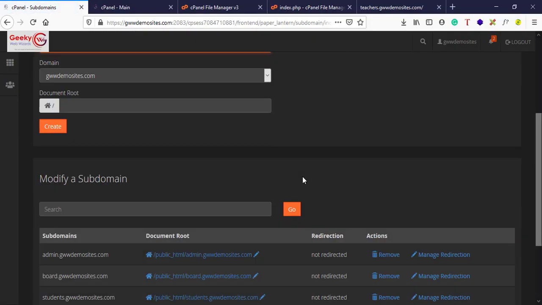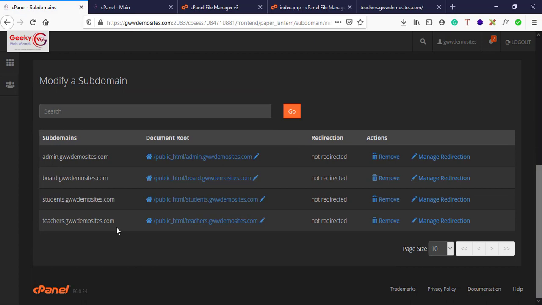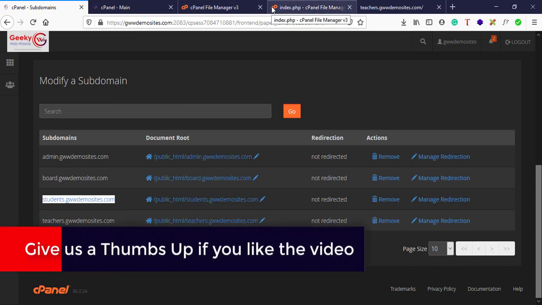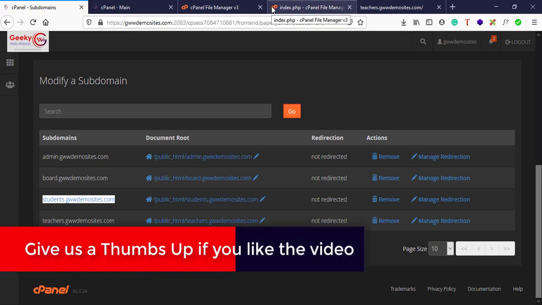We just created 4 subdomains here, and next we will try to host a static file inside one of these subdomains. Let me take the students subdomain, and I'll put up a small static website over here and see how it looks.